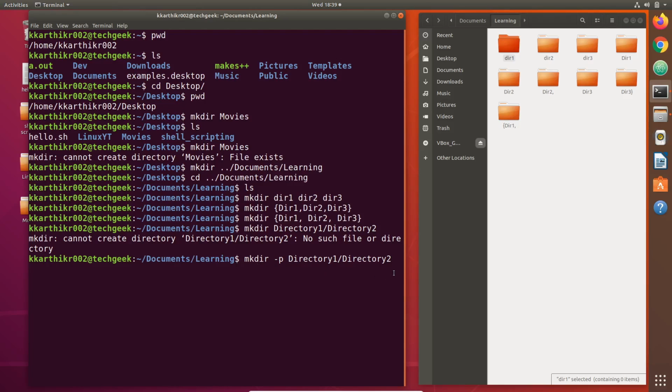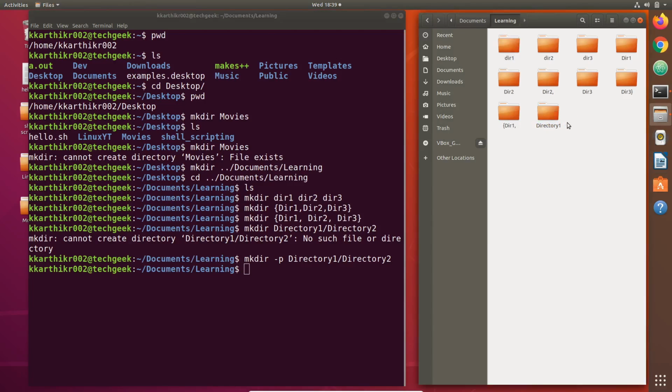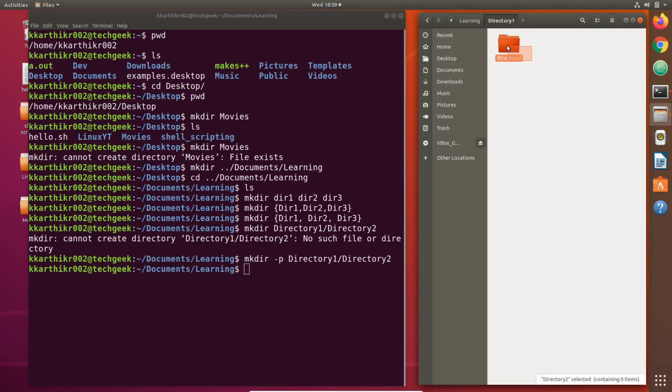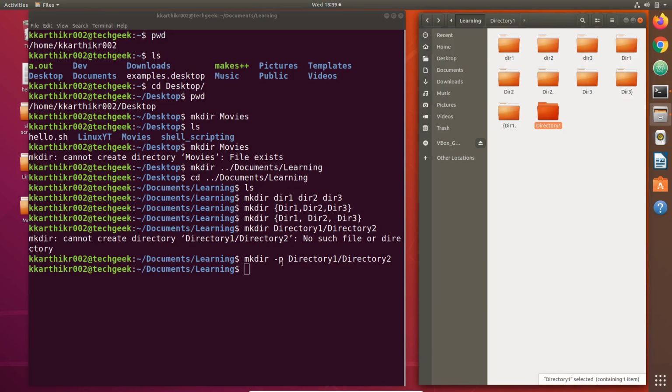Now let us see what happens when we run this command. You can see a directory named directory1 is created, and let us see the contents of that directory. It contains directory2. Both directories are created. This is the use of the p flag.